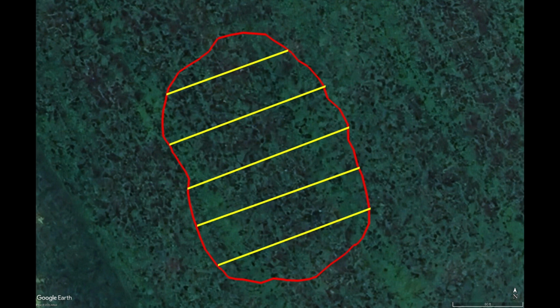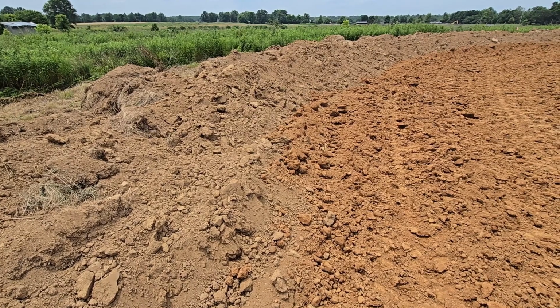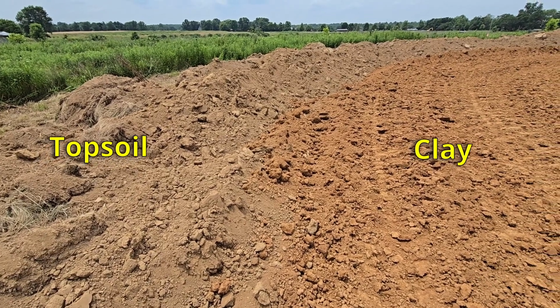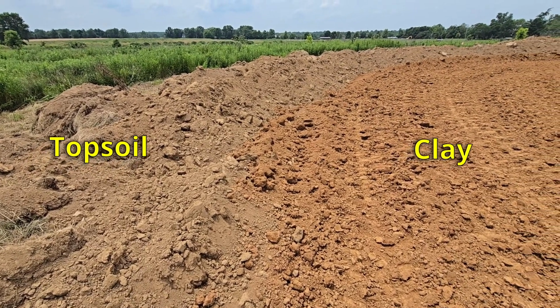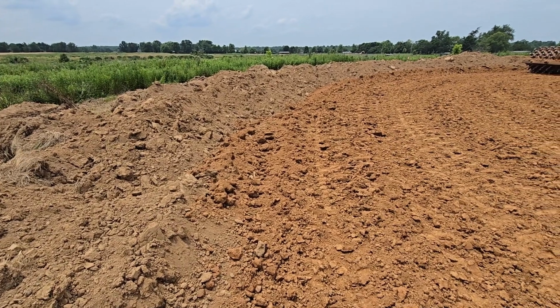And the other is that when it rains, he won't have a muddy mess where it's not possible to add or to compact the clay. Here's how the basin appears when layers of clay are being added and compacted. The topsoil that was saved is piled along the outer edge of the wetland being built. The dozer is used to spread layers of clay, and the tractor and the sheep's foot roller are compacting each